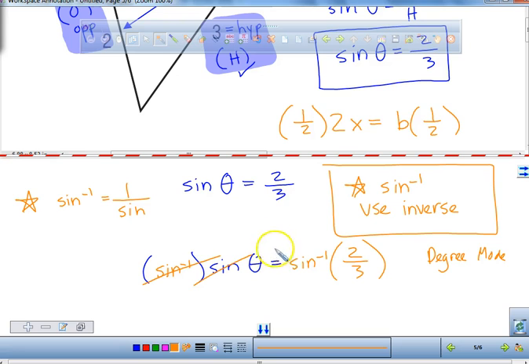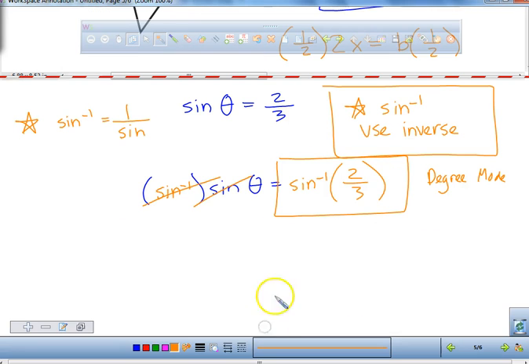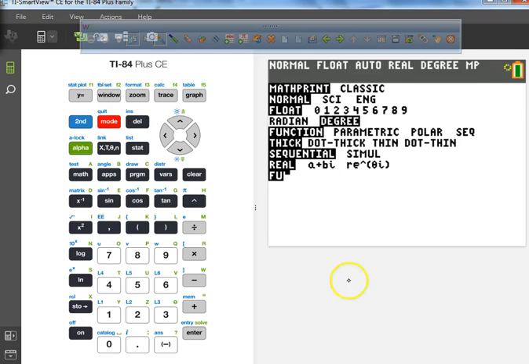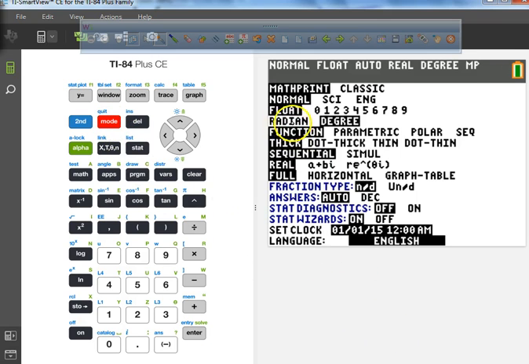Okay? So right here, this will be my answer. Theta will equal the inverse of sine of 2/3. This will be the answer that I'm looking for. So right now I'm going to go to my graphing calculator and hit the mode button. I'm going to make sure it's not in radian mode, make sure it's in degree mode, press enter,